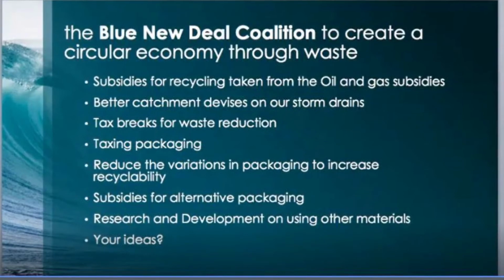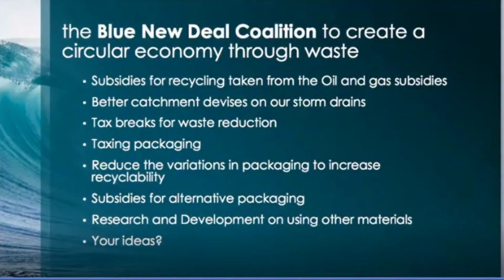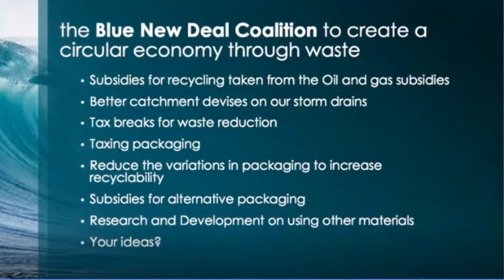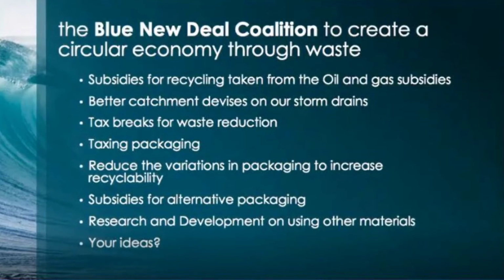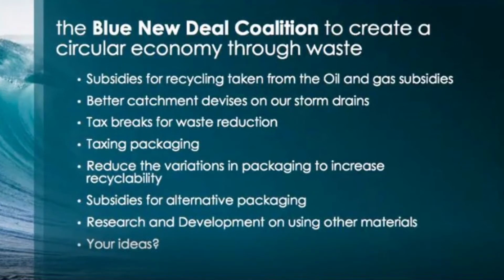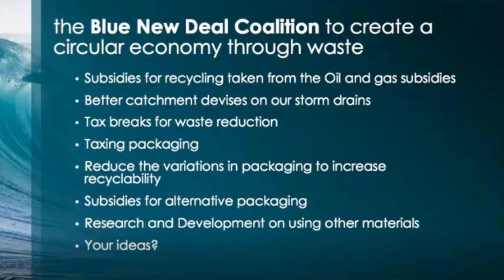Think about the carbon footprint to send all of our trash to other countries so that they can make something out of it. So we're asking our federal government to not take the subsidies away from the oil and gas industry. And I'm talking $60 billion a year. We're asking that the government mandate a portion of those subsidies go to the back end to the plastic problem. And by doing so, we can then better fund our recycling and come up with research and development to better make plastic that are less toxic. And then come up with that circular system where everything has its place so it doesn't end up in the